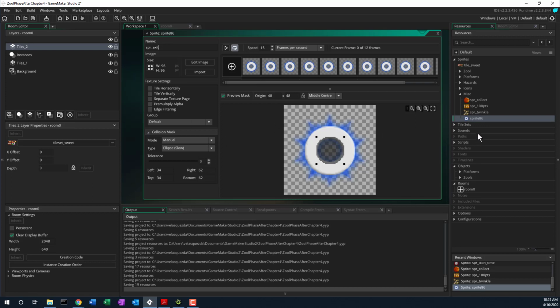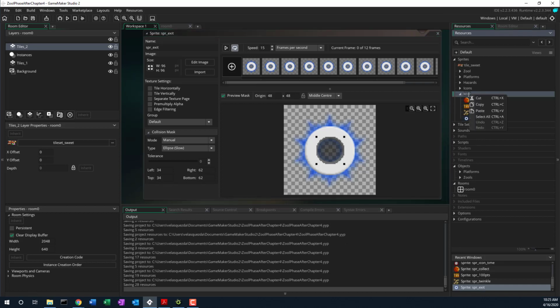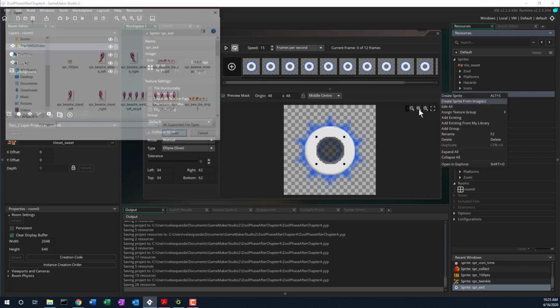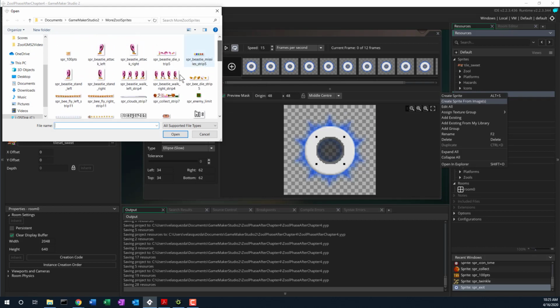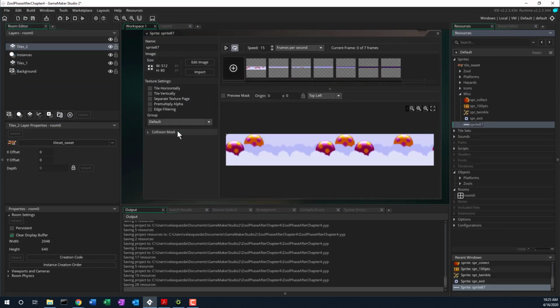And then our last one is for the parallax effect in the background. We're going to add some clouds. So let's do that. And this one's really strange. Let's see if we can find clouds. Here's the clouds. And the settings for this, let's see what we have. We're going to keep it top left corner for the origin. For the collision mask, nothing collides with it, so we just leave it at automatic. It gets weird when we try to use this in the game, but